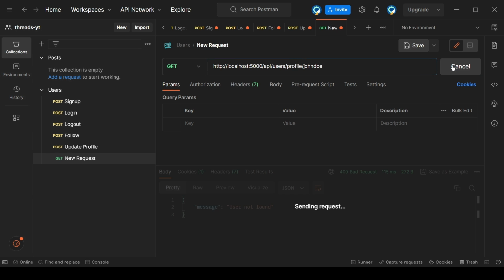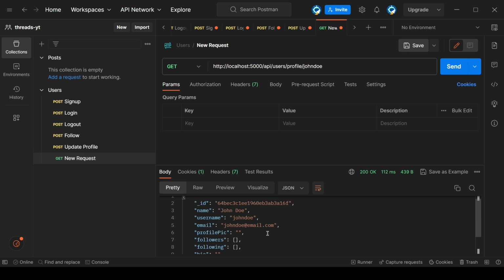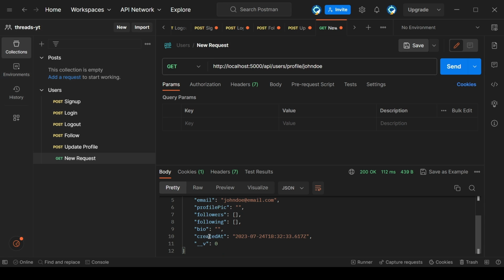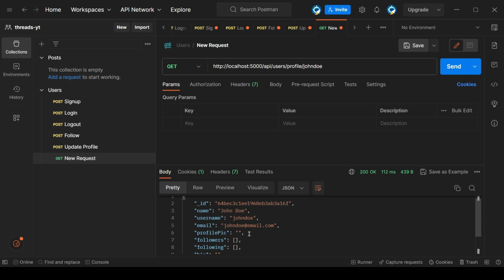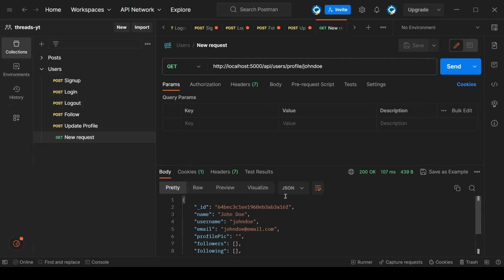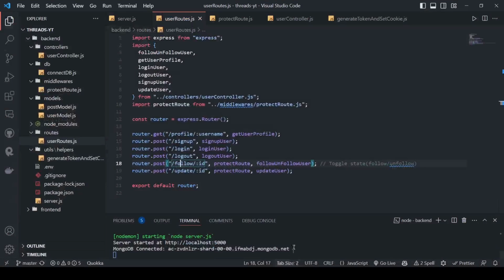So now John Doe, send it, and we got the profile, but we don't see the updated field and the password. So I will just change the name of this to update or get profile it was. And then so these are all of our endpoints, and let's just do a quick summary of what we did